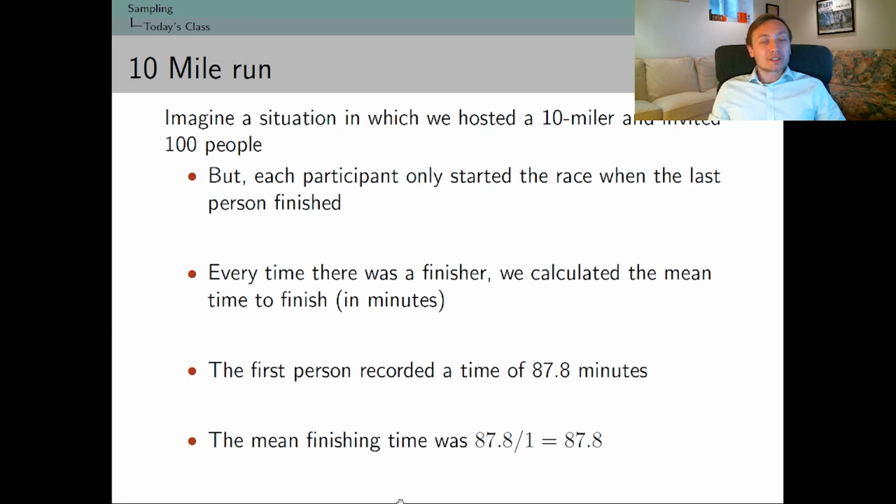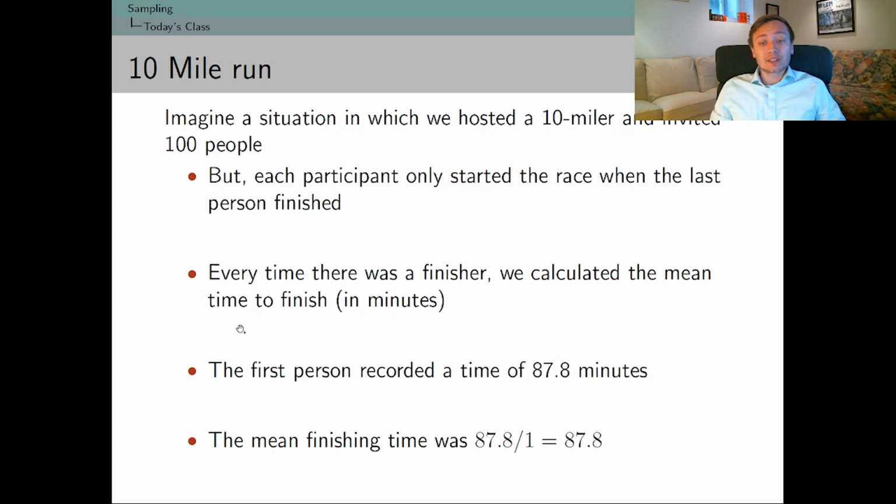And so the research question we're interested in, as these race organizers, is how fast does the average runner run a 10-mile run? We want to know about this quantity of interest. Of course, we could think about all kinds of different research questions that relate to this. So maybe we were interested in looking at the relationship between finishing time and, I don't know, say nutrition or something. Maybe runners who are on a purely vegetarian diet do better or worse. I don't know what the research question is. But our first research question is descriptive. We want to know what is the average finishing time of a participant.